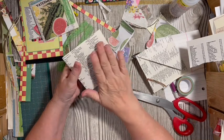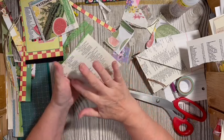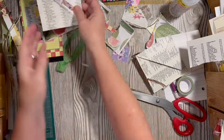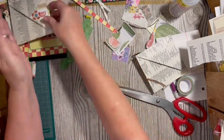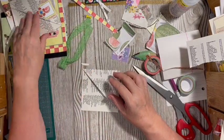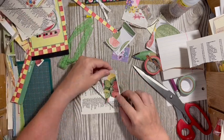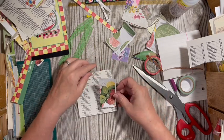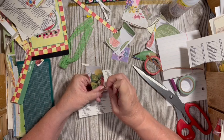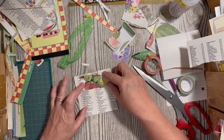And then when we get closer to what we're doing, which I believe is going to be sunflowers, then I can add a sunflower, something on the back of that. Okay, so 2, 4. And we have this clip. So we have a watermelon clip, we have a sunflower clip, we don't have a strawberry clip yet. What if, okay, what if we take this,